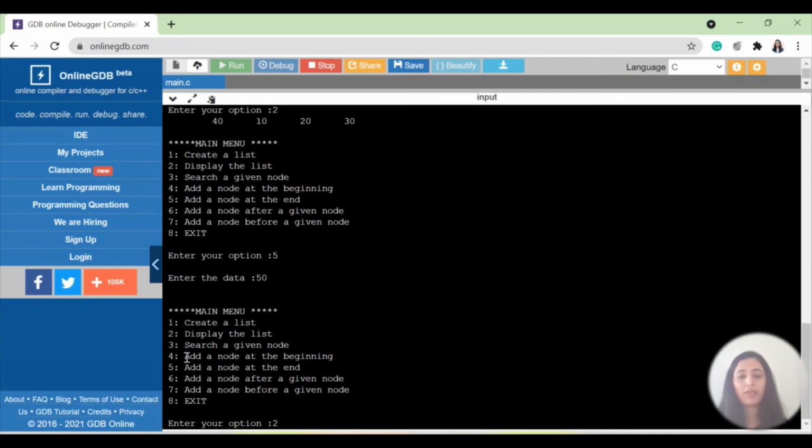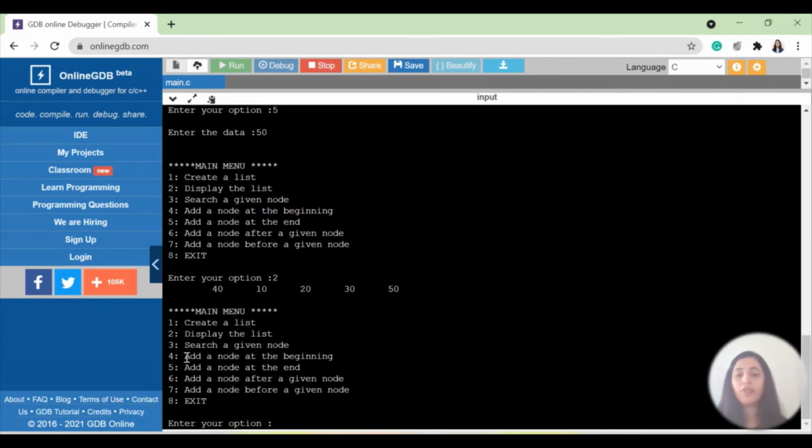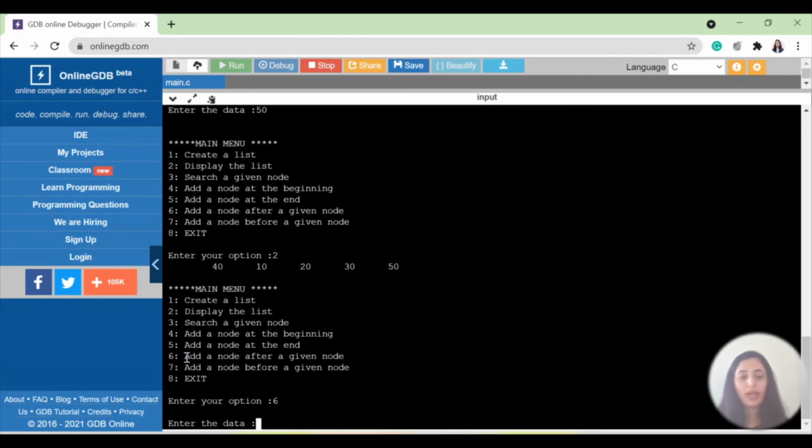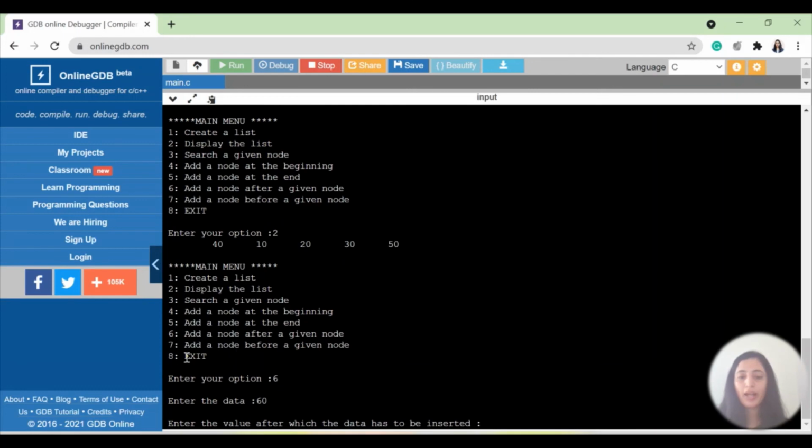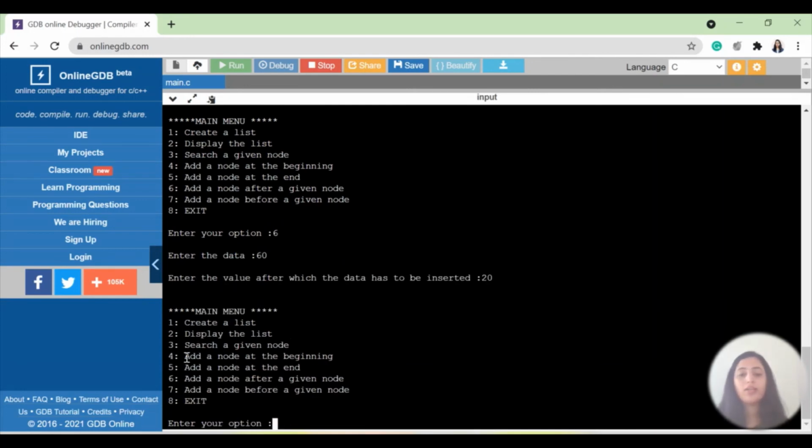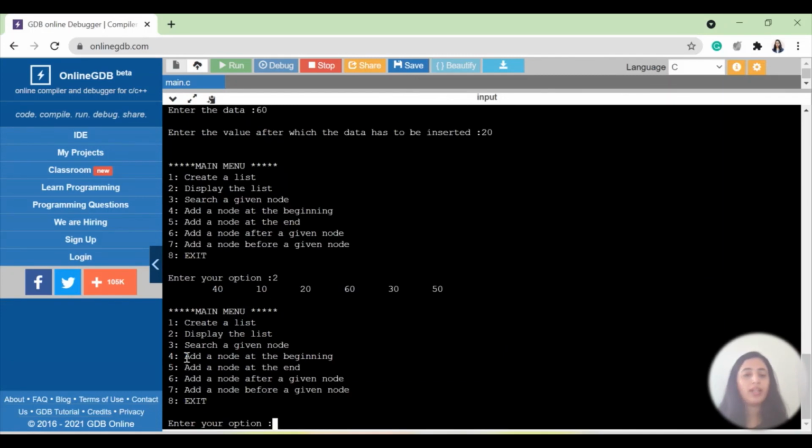Now I'm again displaying my function and I can see 50 is added at the end. Now I go to option 6 and add a new node after 10. So enter the data which I want to add. Suppose new data which is 60. 60 is to be added after say node 20. So now I'll display and I'll see 60 is added after 20.